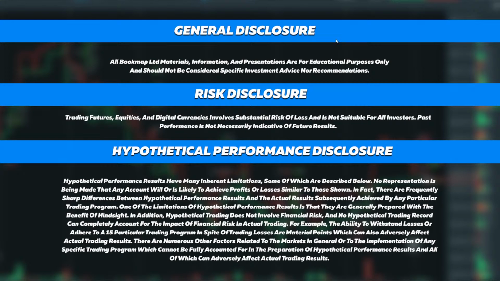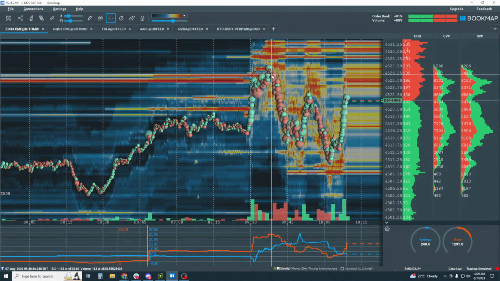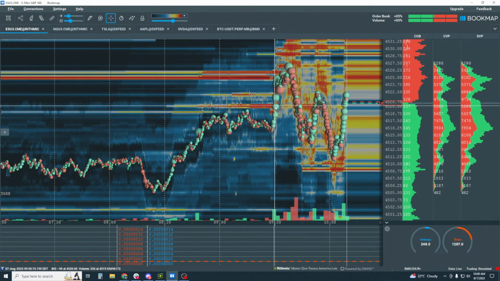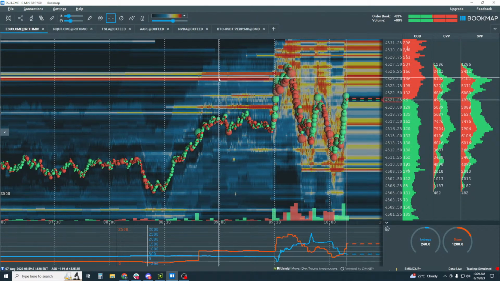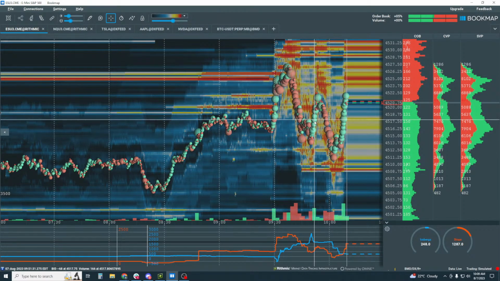All right, good morning, everybody. Let's jump over here and take a look. Now, again, we can look at any market you like that we can connect to. We have stocks, futures, and cryptocurrencies. We always start off with the S&P, and a lot of times we just stay right there. A lot of people just want to look at that, and that's what's requested the most.